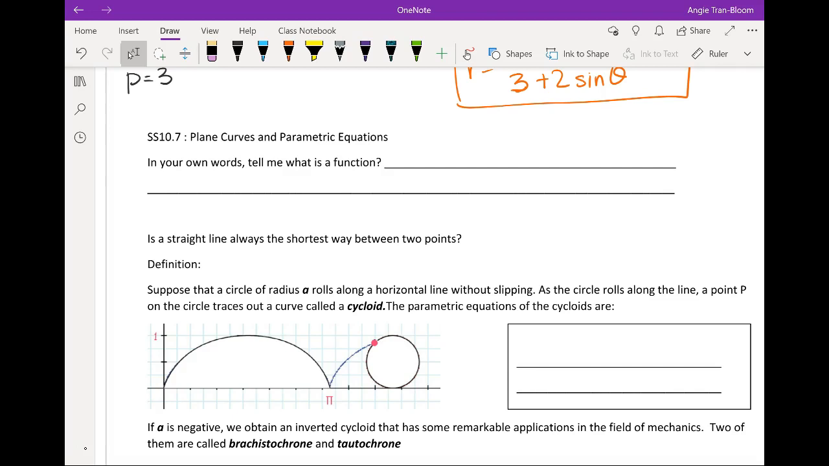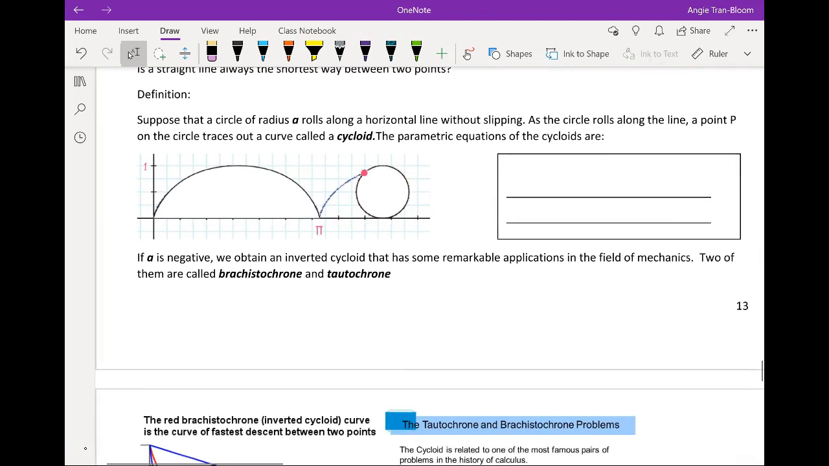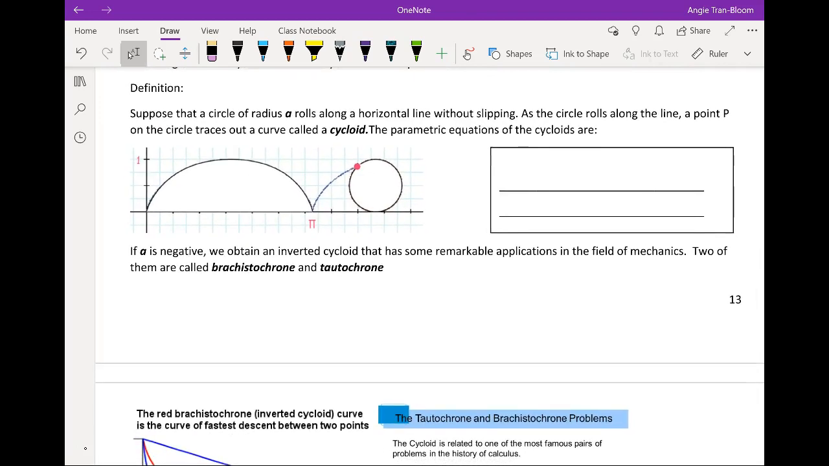The next question says, is a straight line always the quickest way between 2 points? Is a straight line the quickest way between 2 points? Doesn't matter. So is a straight line the quickest way between 2 points? Like if I were to run from here to the park, I don't want to go like this. I want to go in a straight line. But,